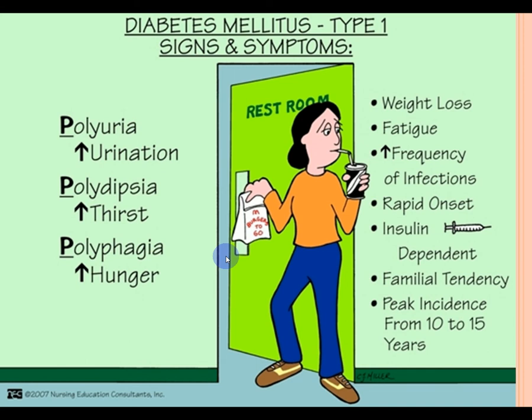So here's another visual, for you visual folks: type 1 diabetes signs and symptoms. We got someone coming out of the restroom. They've got McDonald's burgers to go, and they have a drink in their hand. So that's our 3 Ps. Polyuria, increased urination. Polydipsia, increased thirst. And polyphagia, increased hunger. Those are your 3 Ps that are common with type 1. Also, weight loss, fatigue, increased frequency of infections, rapid onset, insulin dependent, familial tendency, or that's because of the HLA typing, which we'll talk about here in just a little bit, and peak incidence is 10 to 15 years of